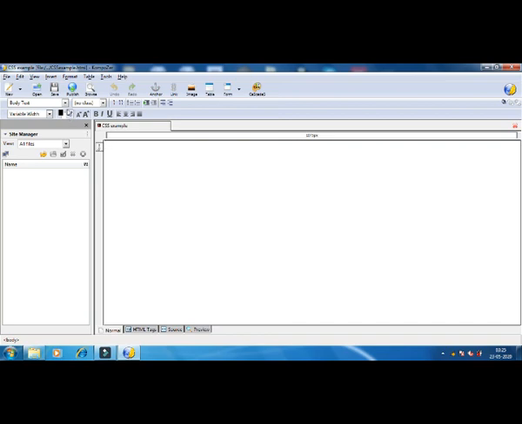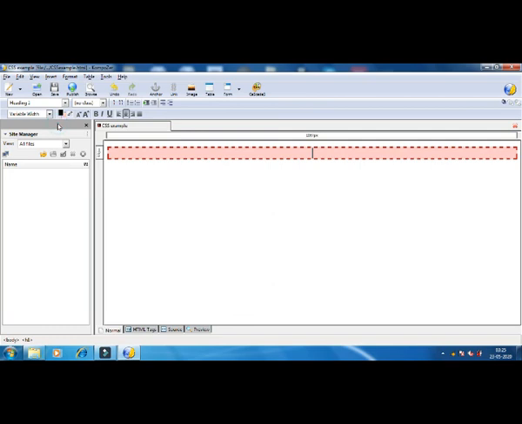Now instead of body text, select the element that we have selected for CSS. Now you will get all effects here. Start typing there and you will get all effects that you have applied to the H1 element in CSS.